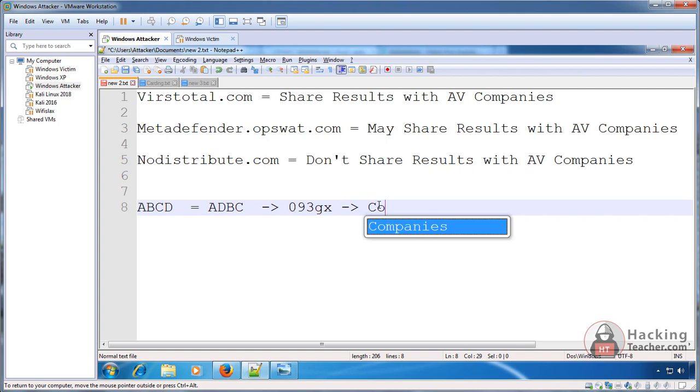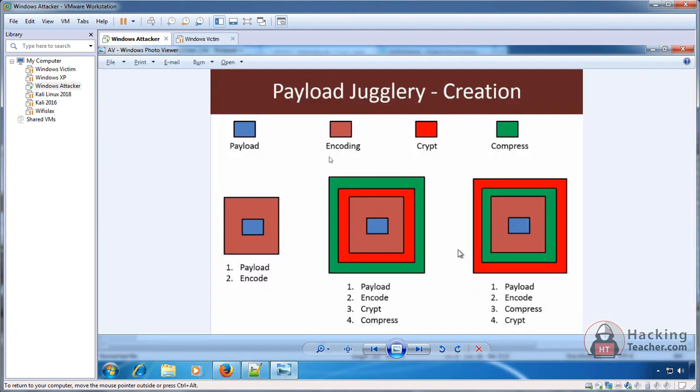Then maybe you can use compression. And even if you do all these four steps, nowadays antivirus companies can still detect it, because they can first decompress your file, decrypt your file, decode it, and detect your naked Trojan. So what is done by our software, which we call cryptors, is that they do multiple cycles over it. They first take your Trojan, encode it, encrypt it, compress it. They again encode, again encrypt, again compress, again encode, again encrypt, again compress.